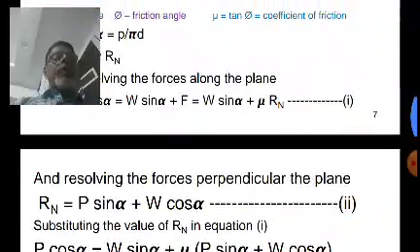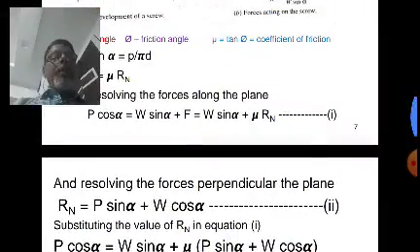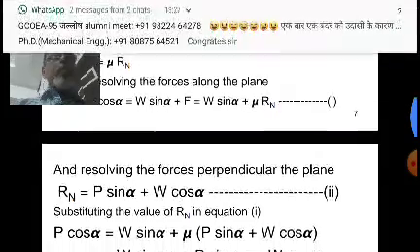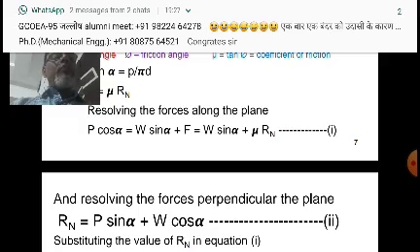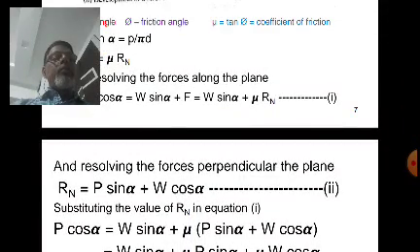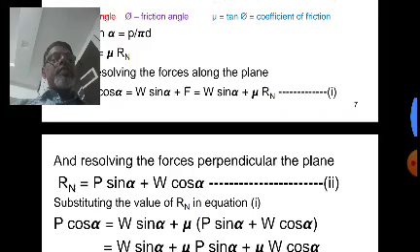Now we know that P cos alpha is W sin alpha plus mu Rn. So you can substitute: P cos alpha is equal to W sin alpha plus mu Rn, and Rn is equal to P sin alpha plus W cos alpha. You can substitute this Rn value in equation 1. So P cos alpha is equal to W sin alpha plus mu times (P sin alpha plus W cos alpha),